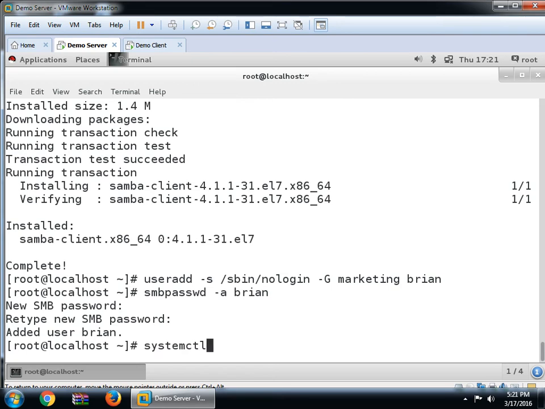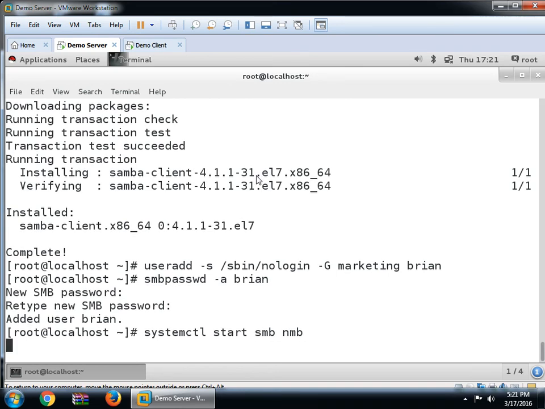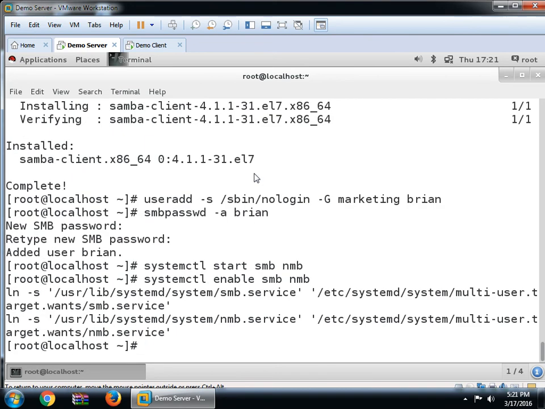systemctl start smb nmb, use this, and to start the service, systemctl enable. Okay, after this command we have to allow the firewall, so firewall-cmd --permanent --add-service, because we have to add the service.